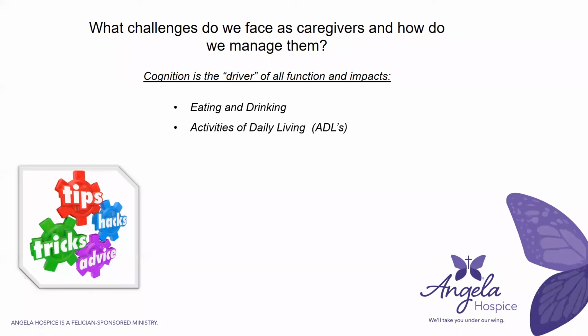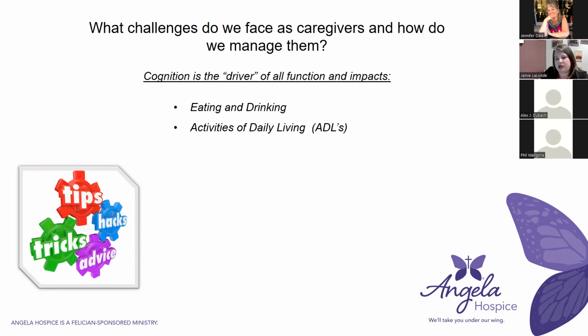Activities of daily living. So that's getting dressed, brushing your teeth, taking a shower, going to the restroom, a lot of physical, gross motor and fine motor tasks. One of probably the second biggest thing that is a challenge for a lot of caregivers I've worked with is, for people who are living with various diseases that cause dementia, hygiene. And getting somebody to be able to get in the shower. Quite often we hear, oh, I just took one this morning, and maybe it's been days or even weeks. Maybe it's been, oh, I plan on doing that later. I got this. And so being able to help somebody maintain hygiene is very important for things like keeping your skin clean and intact, not getting rashes that might be itchy or creating discomfort,